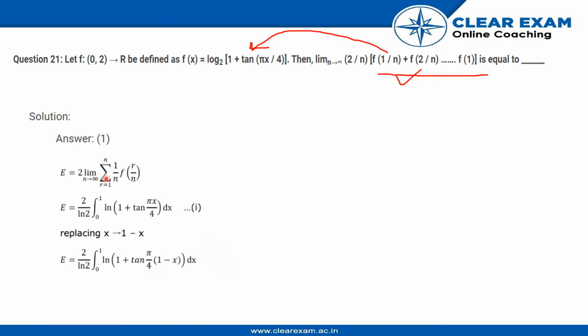Now the first step is we write the limit as n tends to infinity, the same as over here. We put the summation sign, then we see that we have 2 by n in it. So we put 2 by n, but 2 is a constant, so we don't write it in the summation, we take it outside. So we have 2 over here, we have 1 by n as it is because r is getting incremented to n, so we keep n as it is. And we have f over here which is incrementing from 1 by n, 2 by n, so we have r that gets incremented by 1 each time. So this is the simplification of this summation, correct?